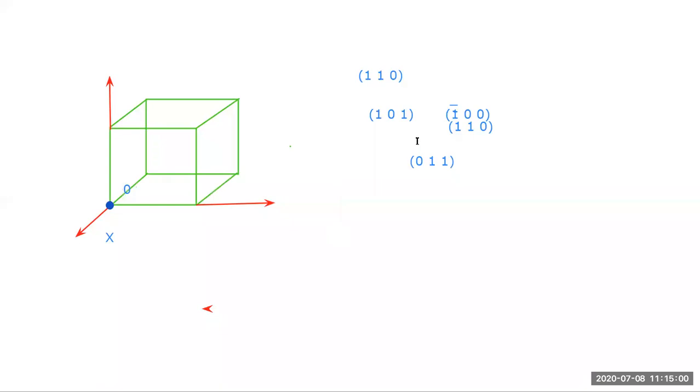So how do you indicate bar 1 1 0? For X axis bar 1, X minus 1 is there. Positive is on this side, negative is on this side. So the bar 1 point is here. Then indicate bar 1 1 0: Y is 1, and Z is 0. Then join with a line.